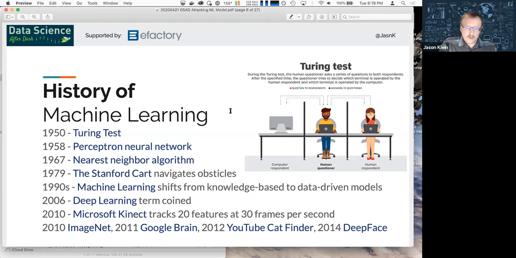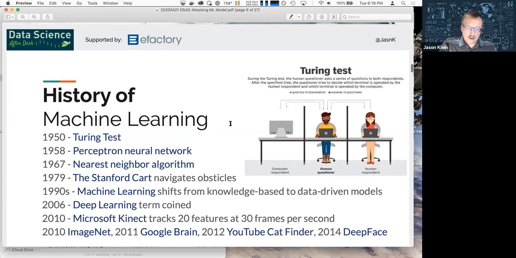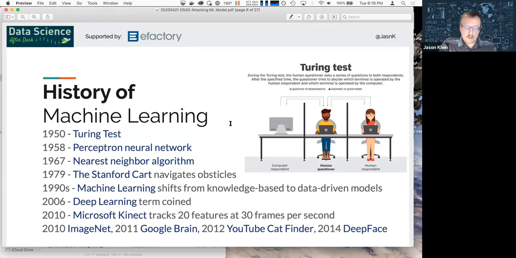Deepface came out a few years after that, and that sort of brings us to where we are today. I mean, more and more things have happened since then, but you can see even in the last decade, more and more things are happening in the machine learning space.